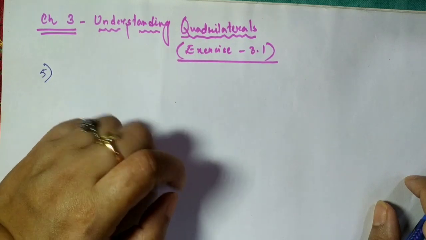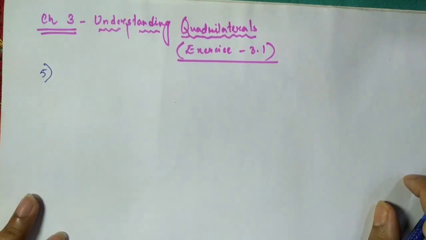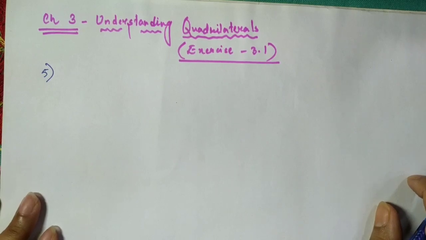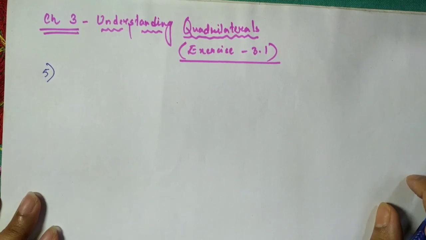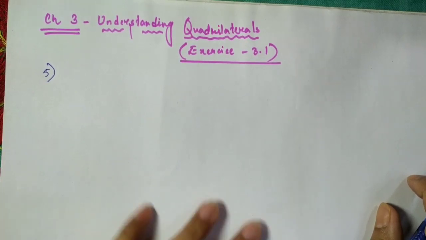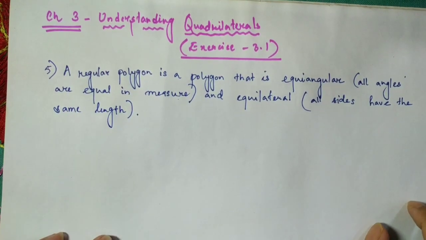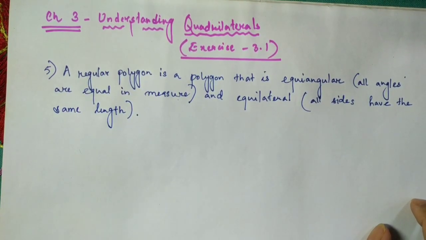A polygon, you know, is a closed figure made up of lines, so that when it has equal angles and equal sides, that is, all the angles and all the sides are of equal measure, then we can say it is a regular polygon. So let us write down the definition for what is a regular polygon. So here we have the definition. There can be many definitions. So I have written one definition for you here.